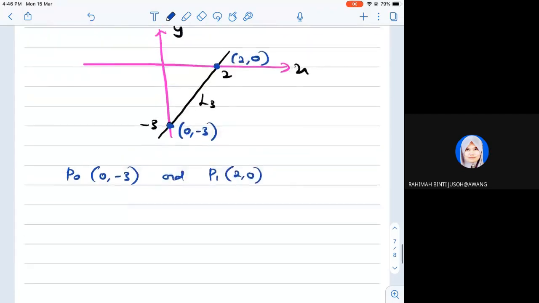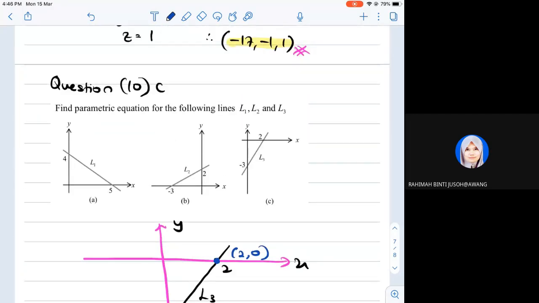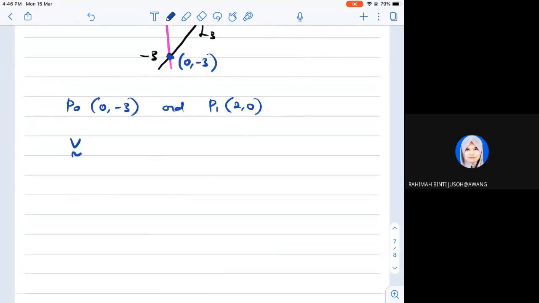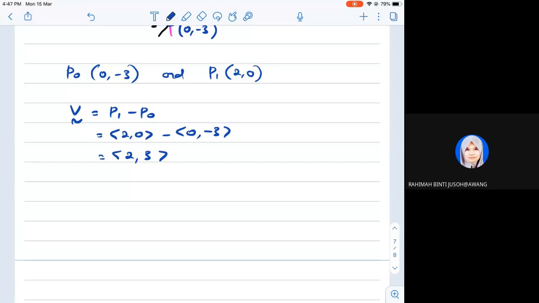Okay? So right now, in order to find the equation for the line, we need the parallel vector. We need to have the V. So I will do it like this, P1 minus P0. So we have 2, 0 minus 0, negative 3. So we will have 2, 0, and then 0 minus negative 3 is plus 3, like that. Right now, we have enough information. So this is our X naught and Y naught, and this is our A and B. Therefore,